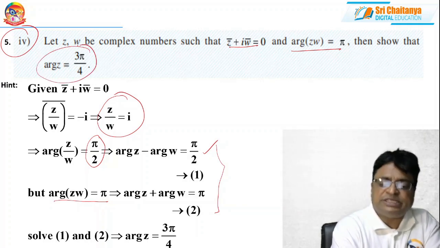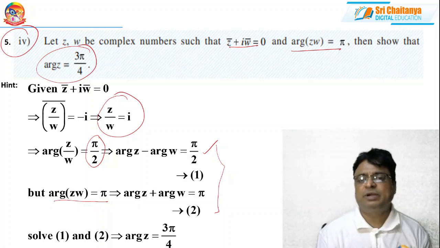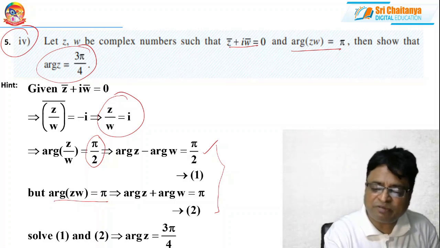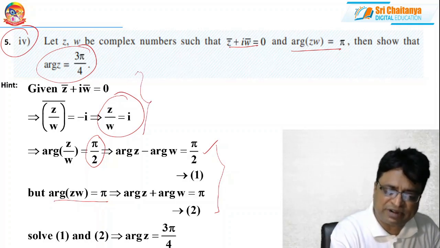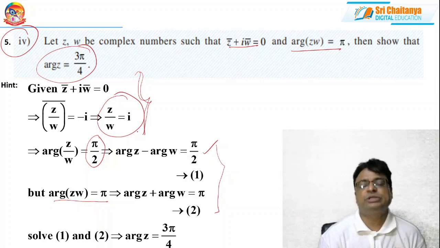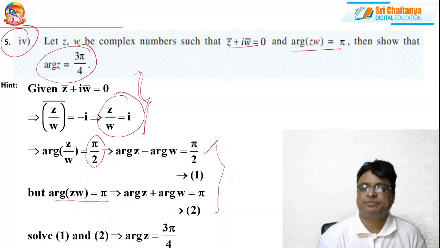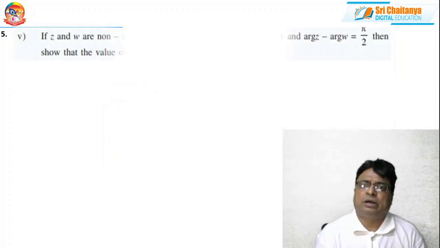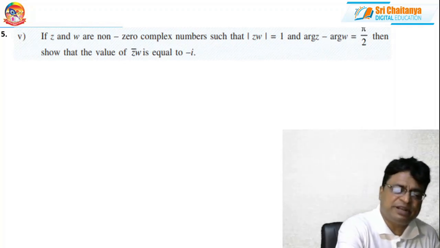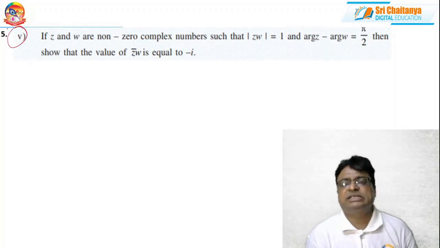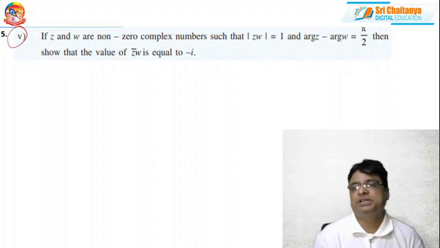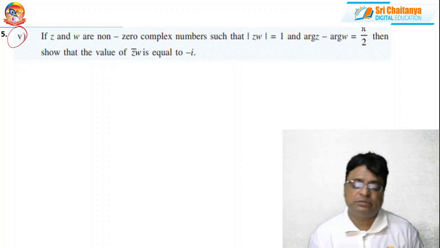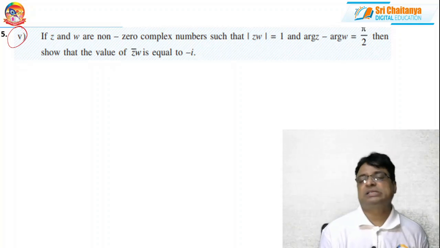There you will get argument Z is equal to 3 pi by 4. Simultaneously, you may get argument W also. They have not asked, but you practice it. So the beauty in the question is, again, this is the step. Several times, again and again, we can use this particular funda in solving problems. Clear, my friends? Now, coming to this problem. Again, this is a very, very important problem, and they have asked this question in the advanced examination. So under any cost, we may expect the same question with different complex numbers.